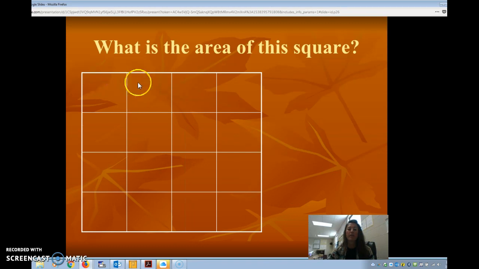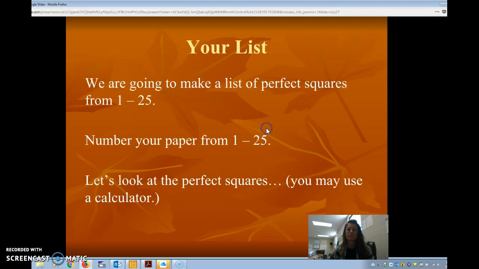Area of this square would be 4 by 4, so it is 16. Good. Okay,